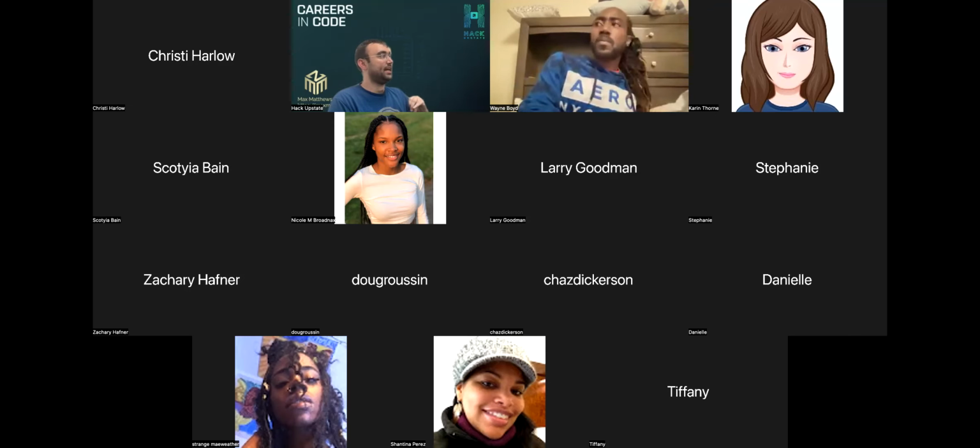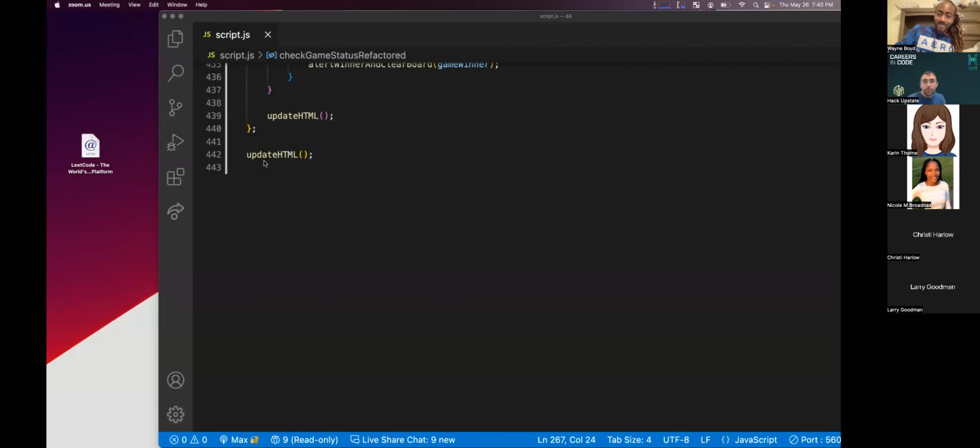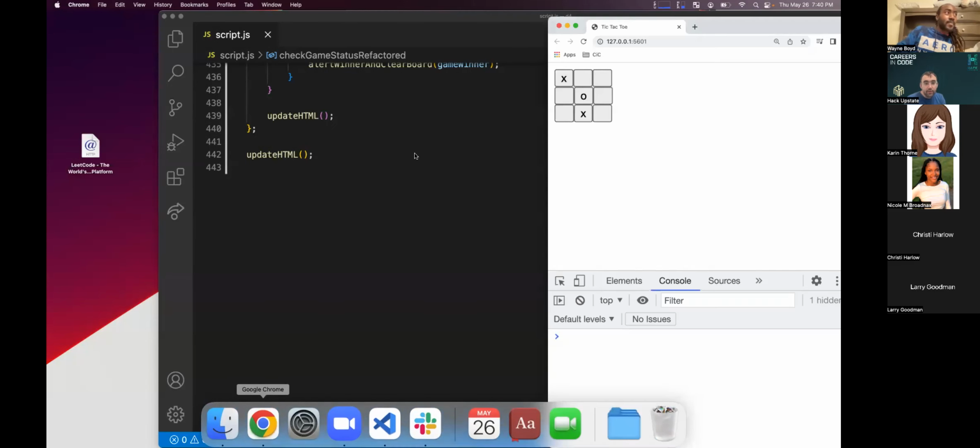The next one is, say you click on an empty space, and then the computer makes a move. You can just click on the O for the computer and change it to an X. So that should be an easy fix. What we can do is, first we can share our screen. Because if it's not shared, not only do the remote people not get it, the recording doesn't either.